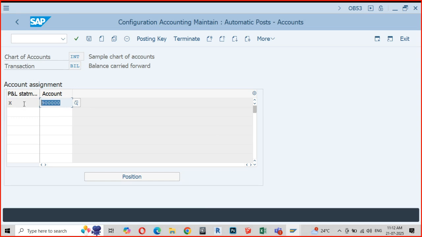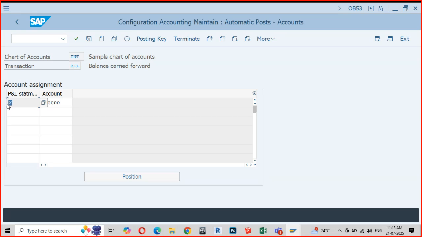Now, there is something called X. It is just some identifier. Why X? Why not Y? Why not Z? Let us not get into all those questions. This is a standard, just like you have INT 0001. This X is also a standard SAP definition.